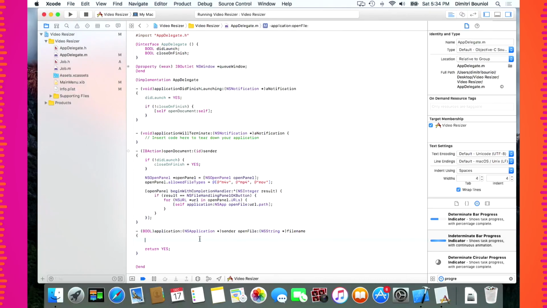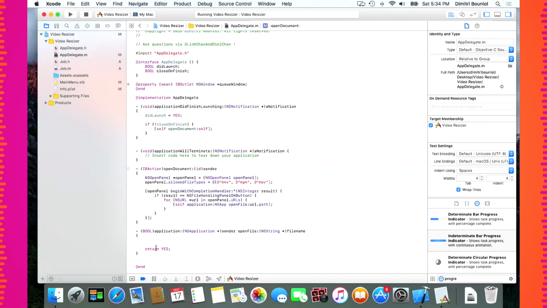I meant to put this here. Sorry about that. So when we open the file, that's when we check if we didn't launch yet, which means that we didn't get to this point yet. Then we'll say that we're going to close on finish, not in open document. Sorry about that. But when we do open the file, we're going to grab an asset from the file name